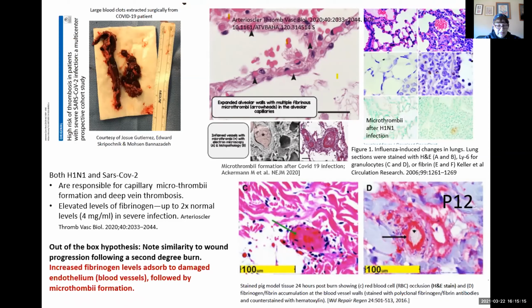So the question is, what does P12 do to prevent these thrombotic events? How does it work, and why do thrombotic events occur altogether when a surface is damaged? So the out-of-the-box hypothesis here is that there's a similarity between microthrombi formation with COVID or H1N1 and burn progression. How are they similar? Now, because I'm a physicist, to a physicist, everything looks the same. You have a hammer, the world's a nail. But sometimes it isn't. And sometimes we hypothesize that there are valid